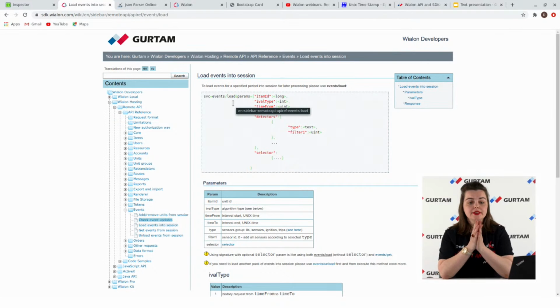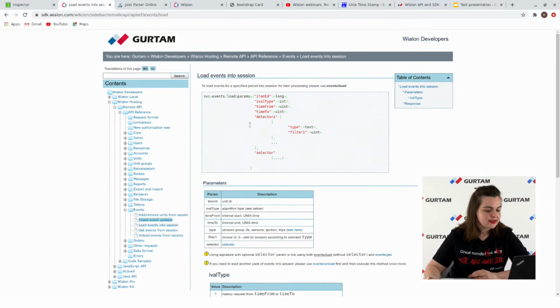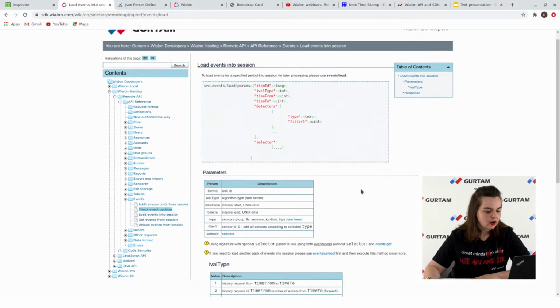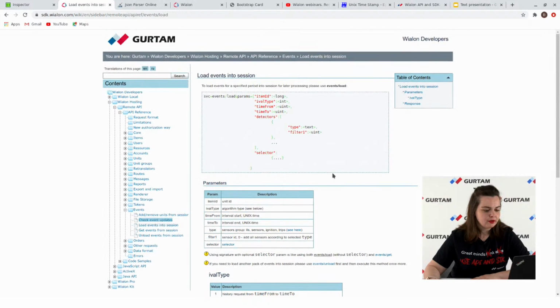Also, the events load method defines the detectors for which you would like to get information. You can see the parameter detectors. So let's look through the parameters of this request, load events into the session. We have the same item ID, internal unit ID. We will type the parameter